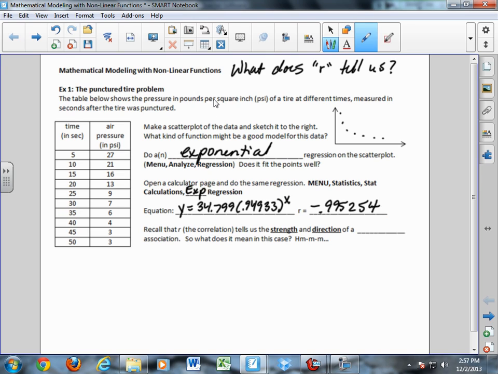It says the table below shows the pressure in pounds per square inch of a tire at different times, measured in seconds after the tire was punctured. So 5 seconds after the tire is punctured, it has 27 pounds of pressure left in it. 10 seconds after the tire was punctured, now it's been deflated more, it only has 21 pounds of pressure, and